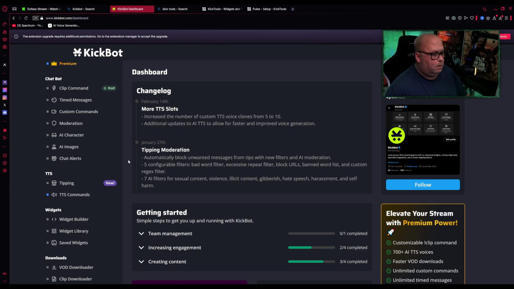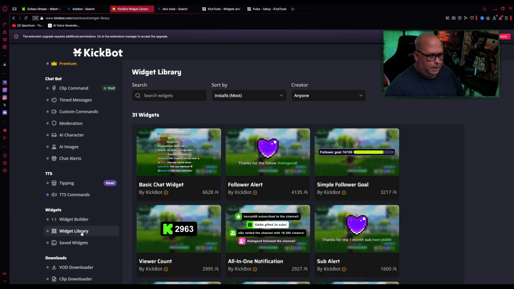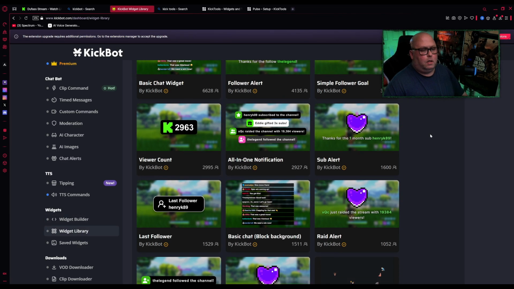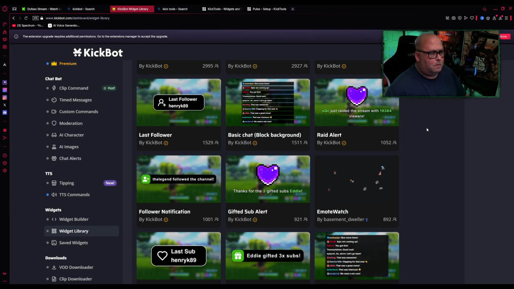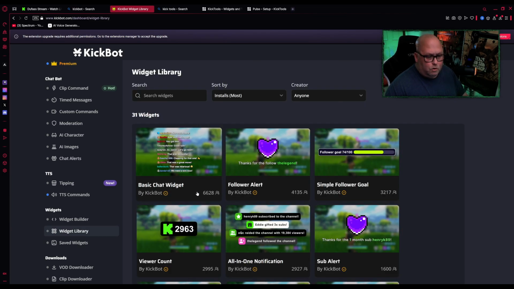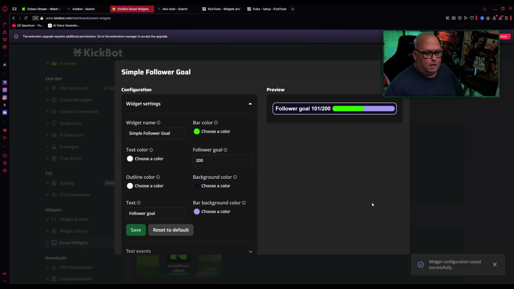Okay, so here we are on Kickbot. If you scroll down, after you sign in and connect your account, you can go to the widget library, and then you can find all these different widgets that you can use if you want to. Some of them you have to pay for, I believe, but most of them are free. At least the ones I've been using, I haven't paid for. But you have different chat options. I don't use the chat from this one, but what I do use is the follower goal. You can go in here and click edit, and then you can change your follower number. Let's go with 200. You choose the color, it's fully customizable. Change your name to whatever you want to call it, and we're going to hit save because we updated it.